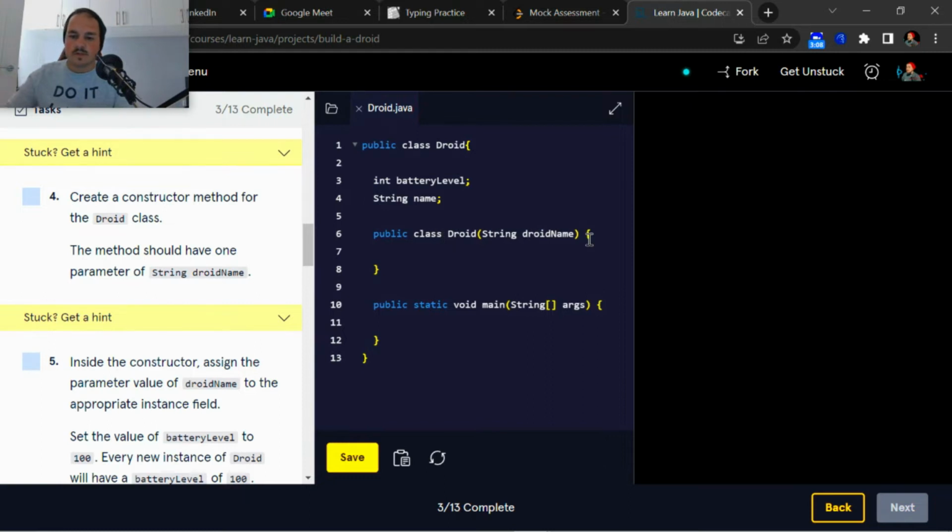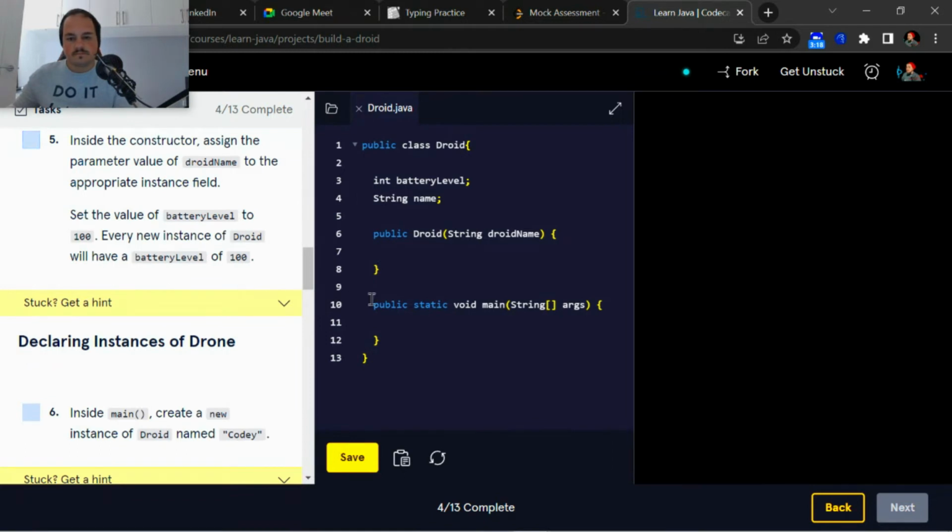The public class, no, sorry, that's public Droid. So inside the Droid constructor method,